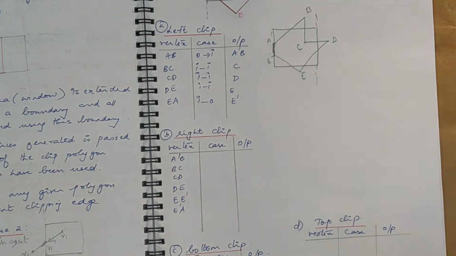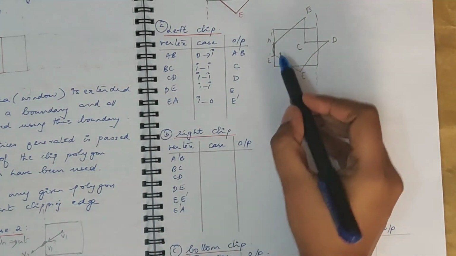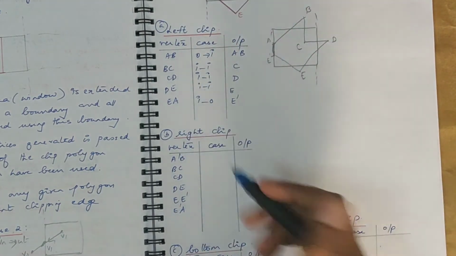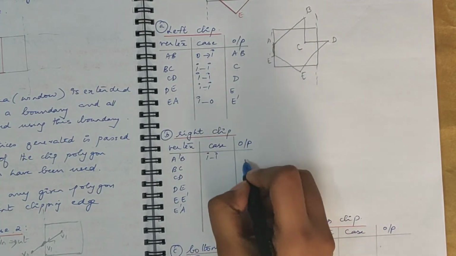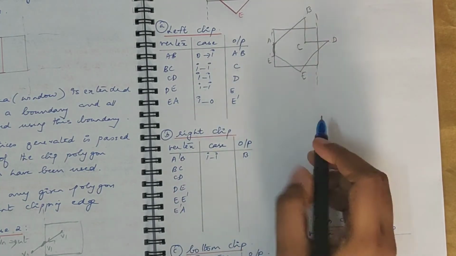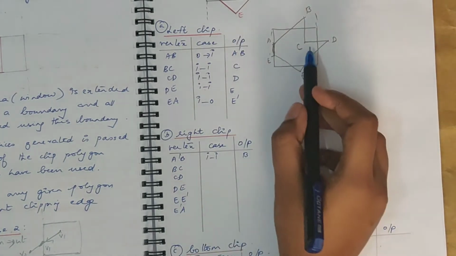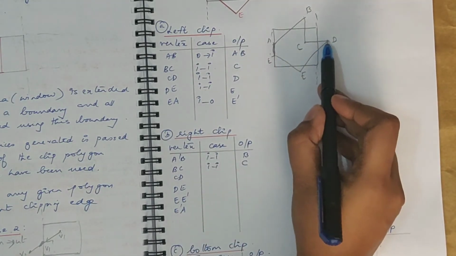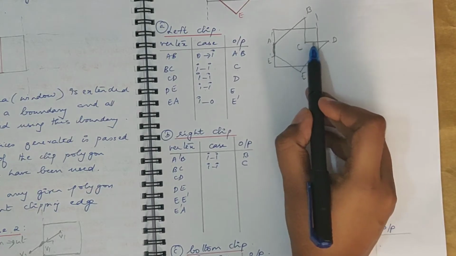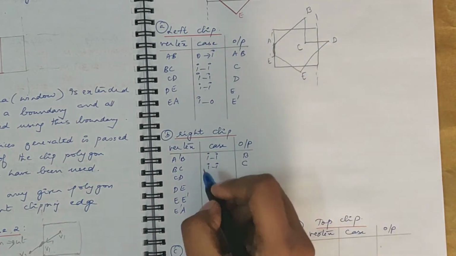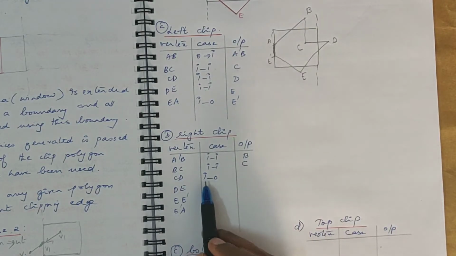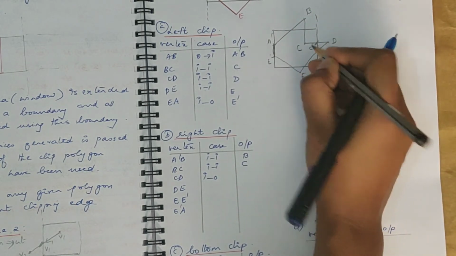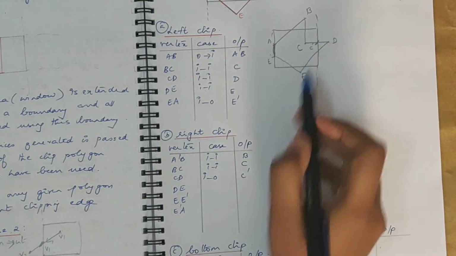Okay. So now let me take each of those edges and see under which case it falls. So A dash B. Against this right edge, this A dash B comes inside. So it is inside, right? So when it is inside, you take only the second vertex. The second vertex will be added to the output list. Now BC. BC is also inside, right? So the second vertex will be added. Now CD you have. So CD is a case where the vertex C goes from inside to outside, right? So it's an inside to outside case. So when you have an inside to outside case, the point of intersection, let me name it as C dash, will be added to the output list.